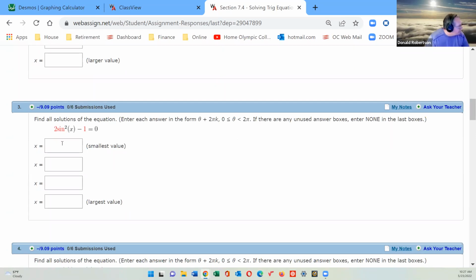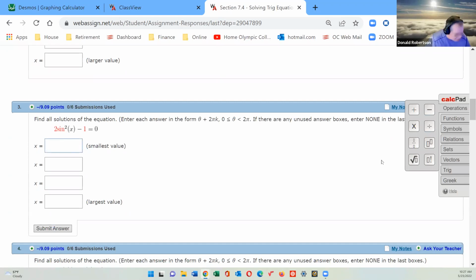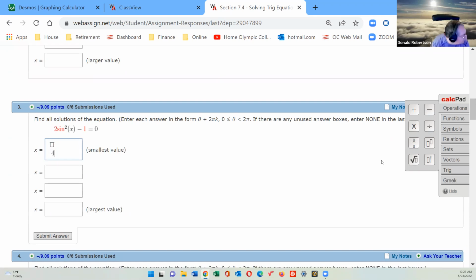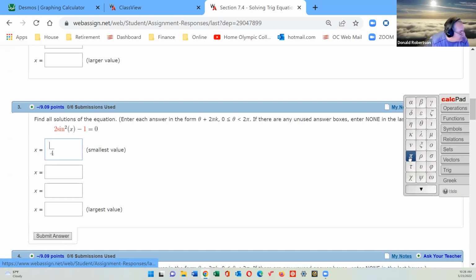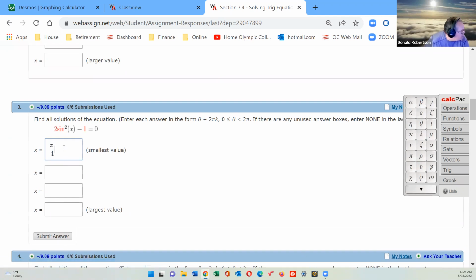Pi upon 4. So I should be able to just do pi upon 4. Let's just do Greek letters. There, that looks nicer. Pi upon 4 plus 2